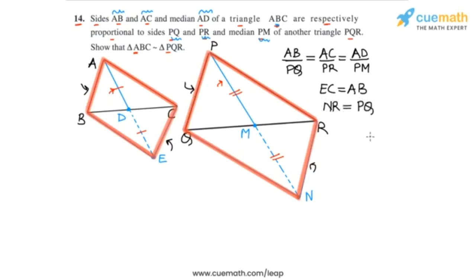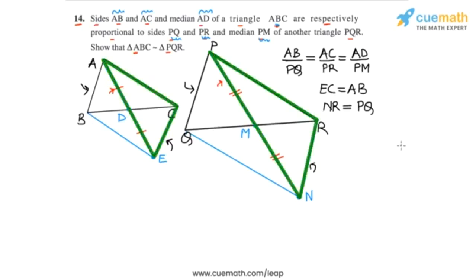Okay, now the next thing we will do is we will compare the triangles ACE and PRN. So let me highlight those two triangles for you. Triangle ACE is this triangle, and triangle PRN is this second triangle that I have highlighted. So we will compare these two triangles. Specifically, we will compare the ratios of the corresponding sides, and we will show that these two triangles are similar by the SSS similarity criterion. So pause the video for a moment to think about how we can do this.